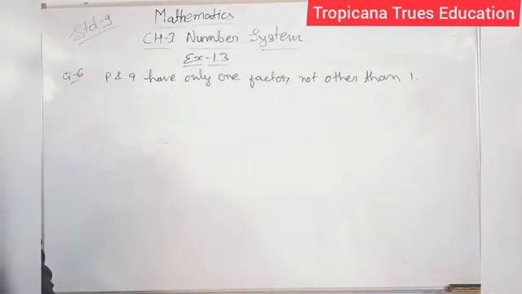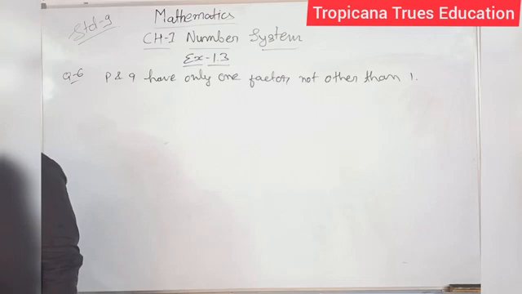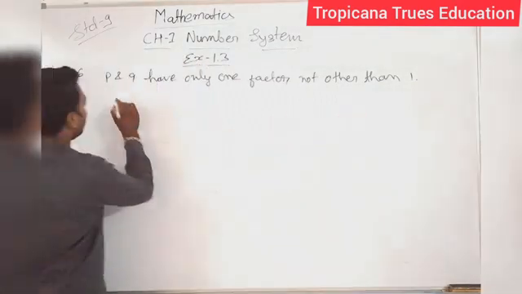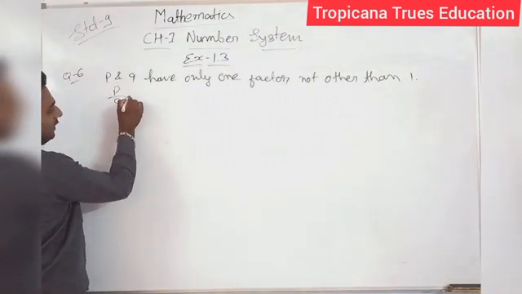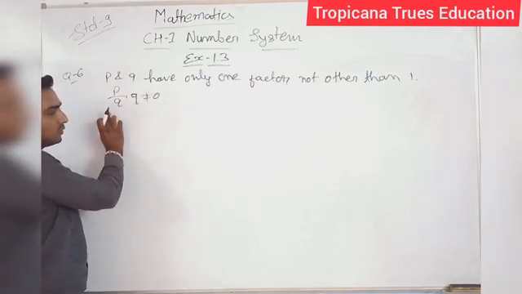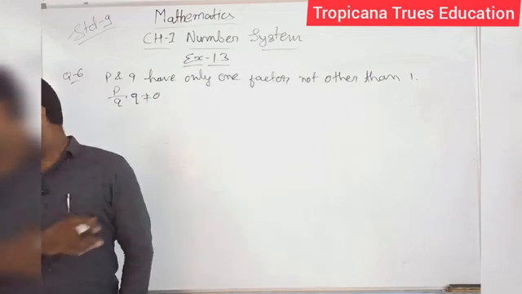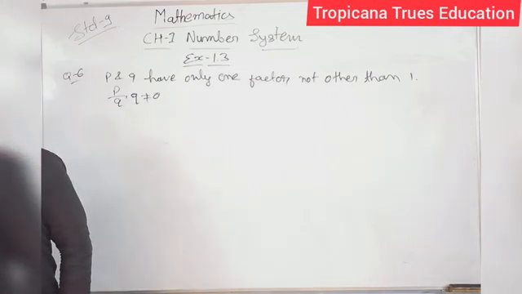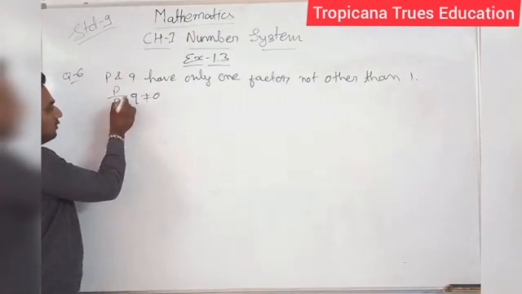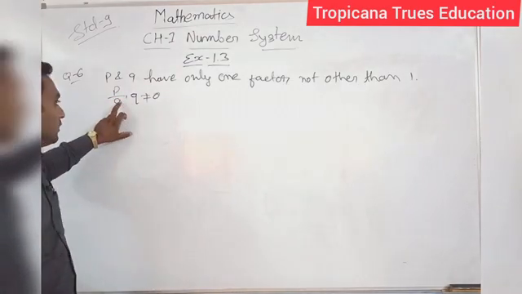We have to check that it is in P upon Q form, where we have to write several P upon Q form numbers and their answers, where Q does not equal 0. We have to write some P upon Q form numbers and check what principle is used here for the Q.